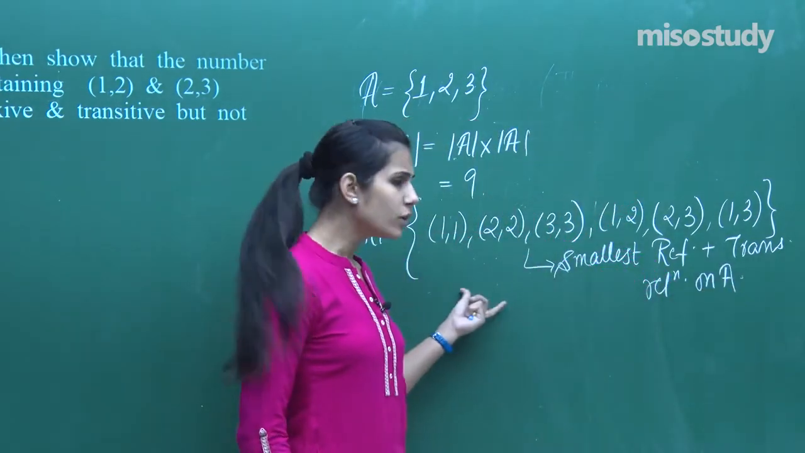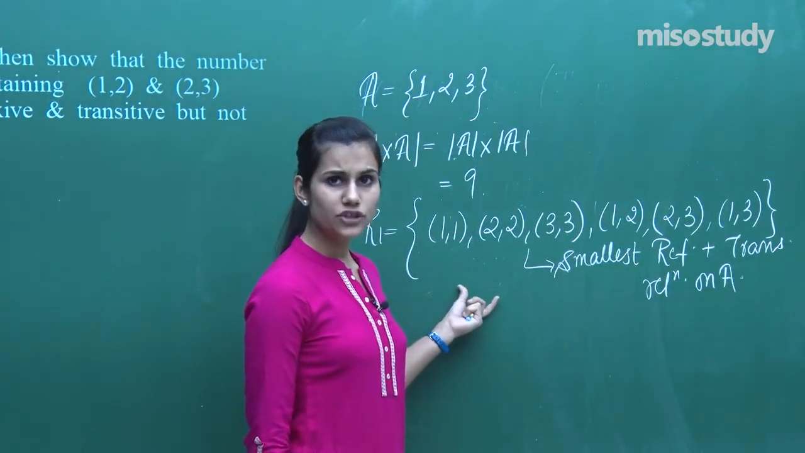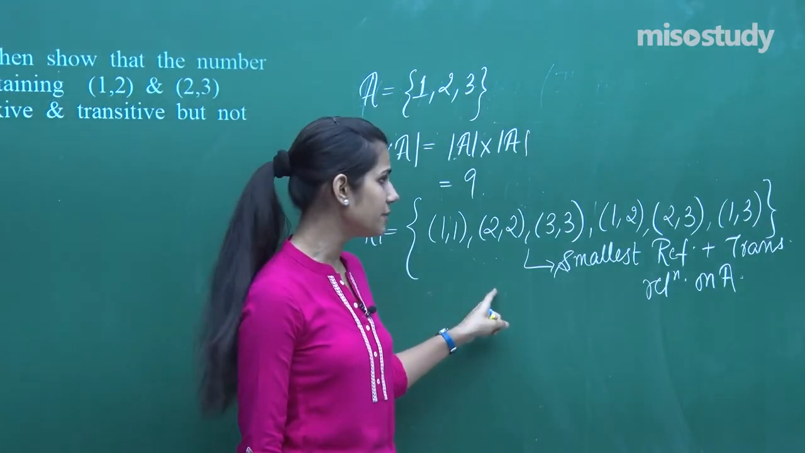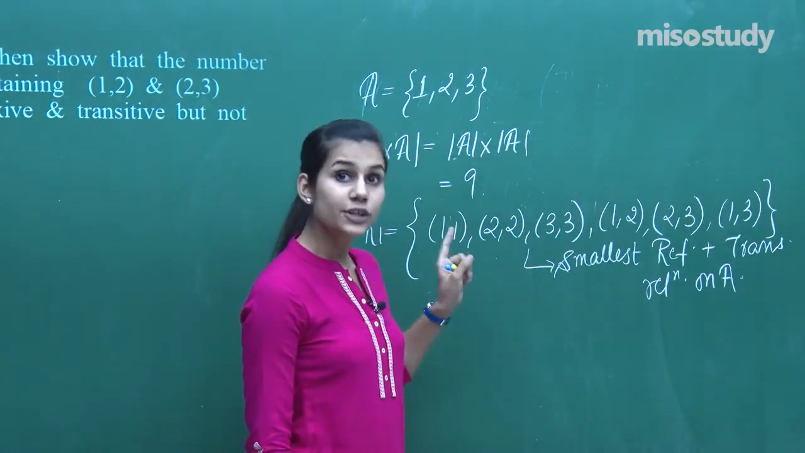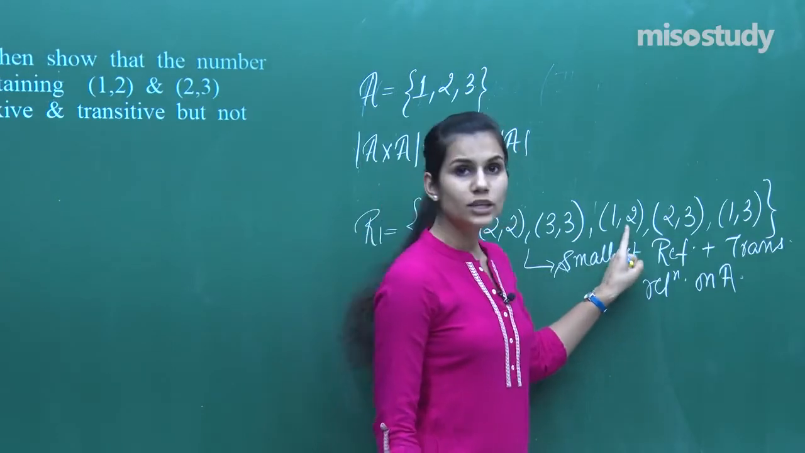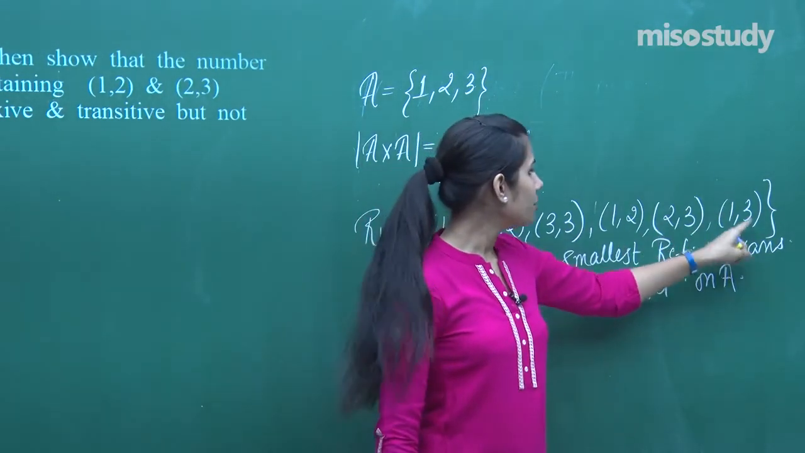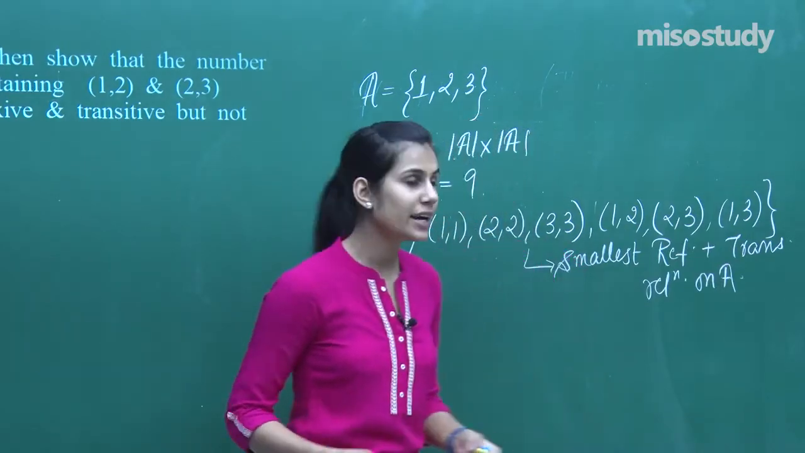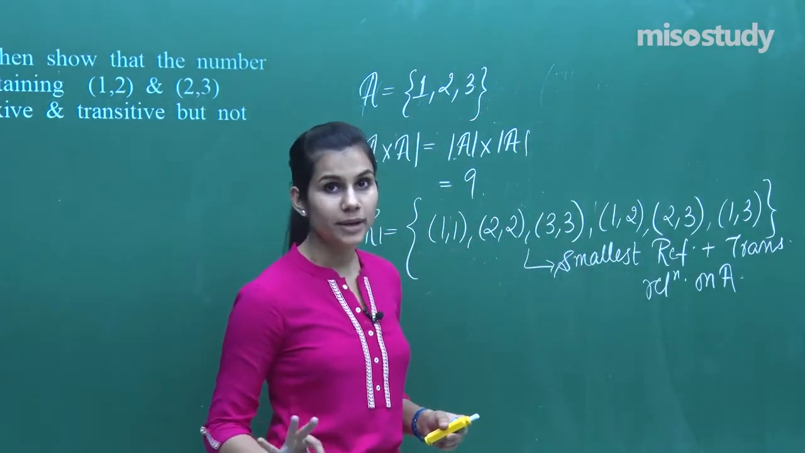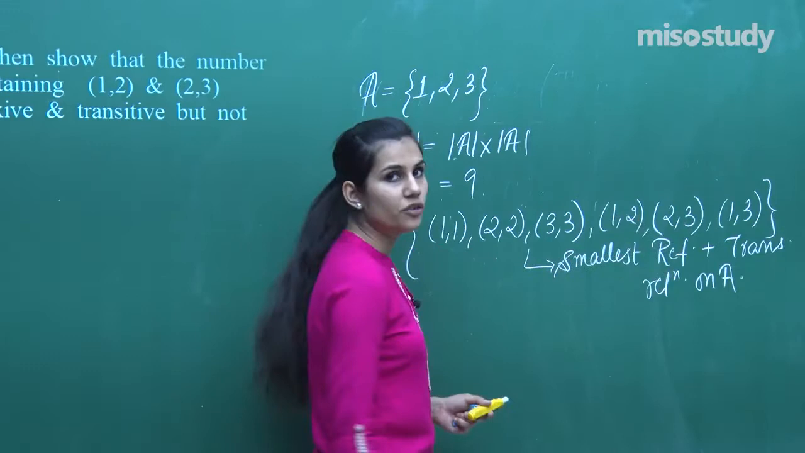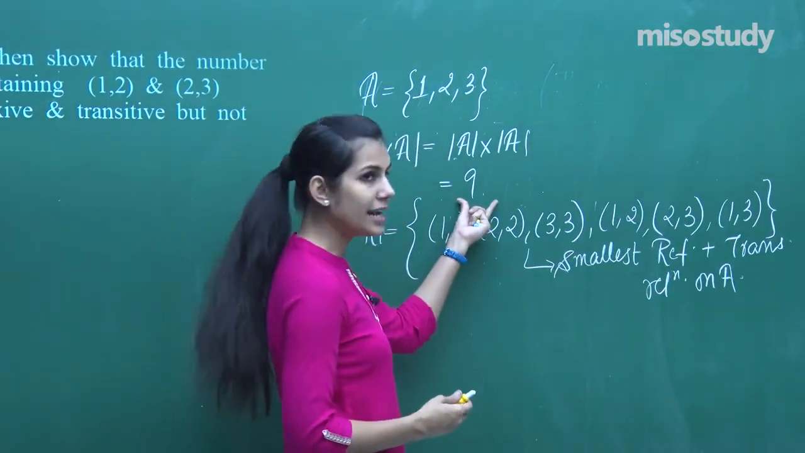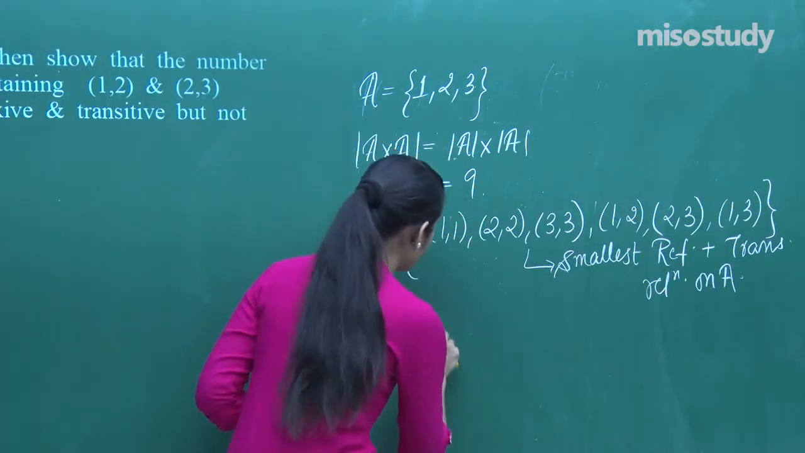But is this the only reflexive and transitive relation on A which is not symmetric? See, it is not symmetric. I have particularly made it not symmetric. (1, 2) is here, (2, 1) is not here. (2, 3) is here, (3, 2) is not here. (1, 3) is here, (3, 1) is not here. In fact, these are the only 3 ordered pairs which are remaining, because 6 ordered pairs have already been covered and A consists of 9 ordered pairs. We are left with